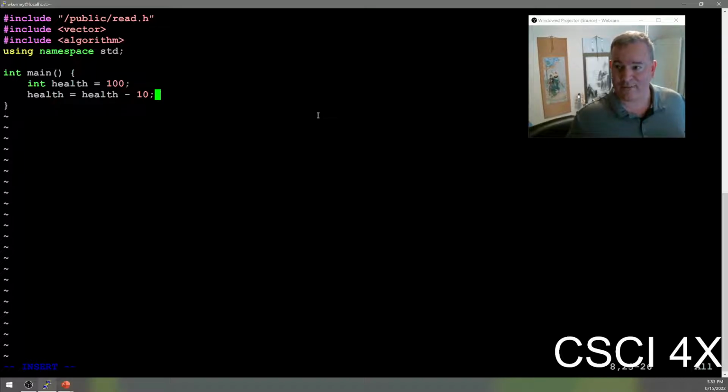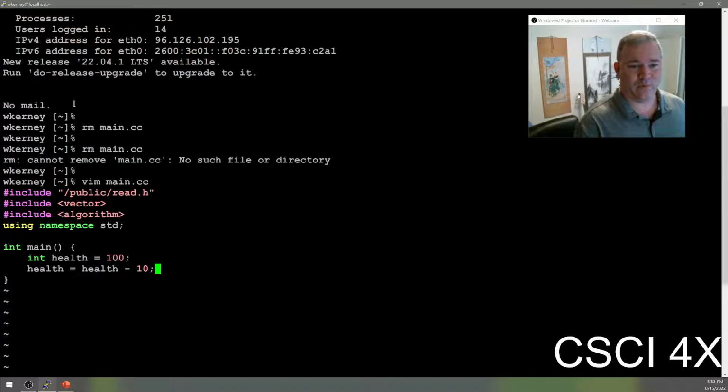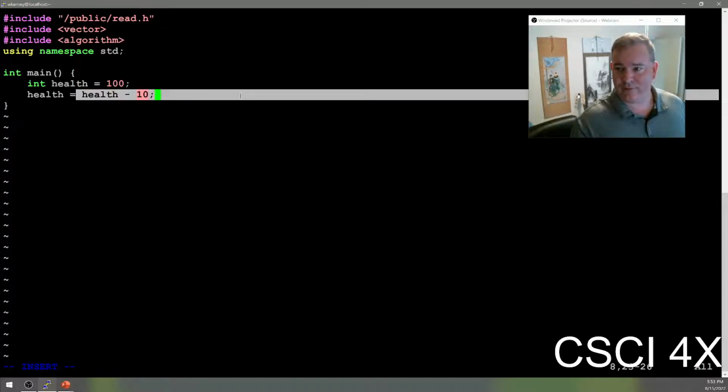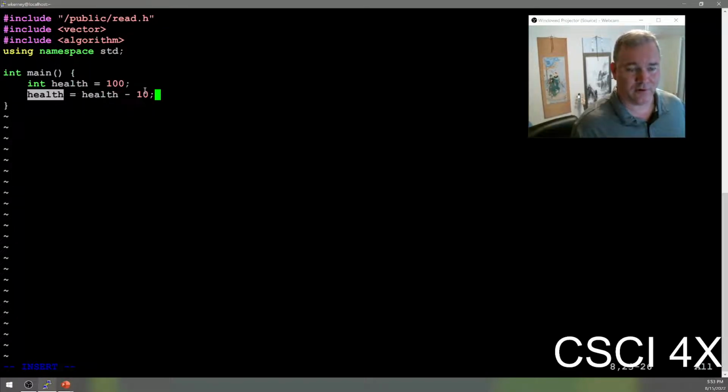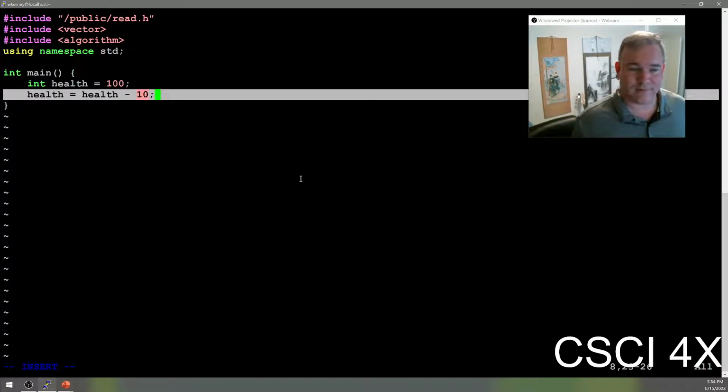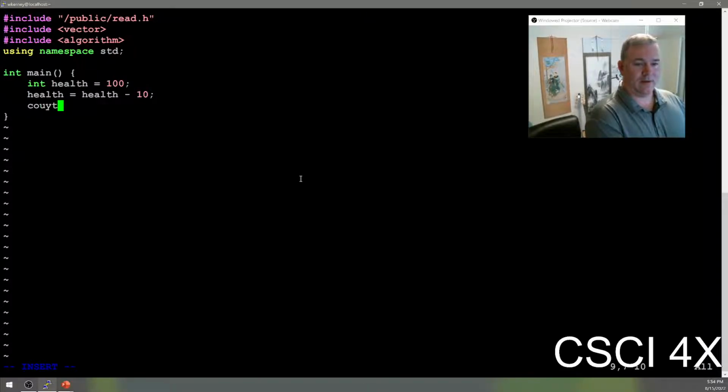Now, for math people, this doesn't look like good algebra, right? Because x is equal to x minus 10, cancel off the x on both sides, you get 0 equals negative 10. It causes their heads to explode. Whenever you have a single equals like this, what this means is compute a value on the right-hand side, in this case 100 minus 10, the result's 90, obviously, and then assign that value to health. So here we have made a variable named health that's equal to 100, and now we have knocked 10 off its value, and if we were to cout the value of health at this point,